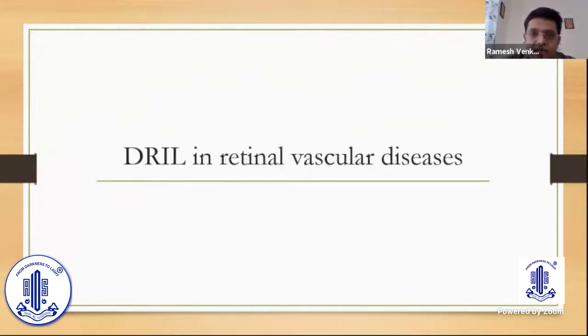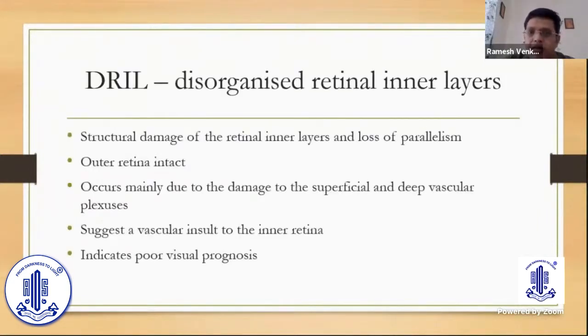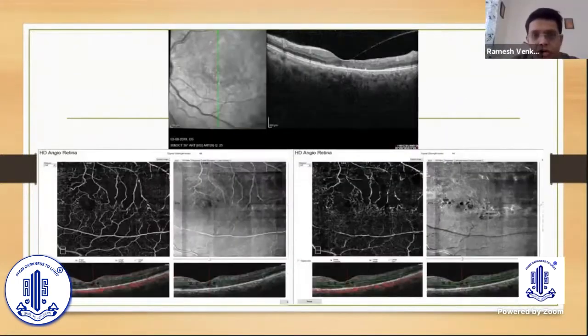DRIL. So basically, DRIL is disorganization of the retinal inner layers. There is a structural damage to the retinal inner layers and there is loss of parallelism. The outer retina is intact and it occurs mainly due to damage to the superficial and the deep vascular plexus. So basically, there is a vascular insult to the inner retina, and the presence of a DRIL indicates a poor prognosis. Now let's look at this OCT scan, where on the left side of the fovea, you can see